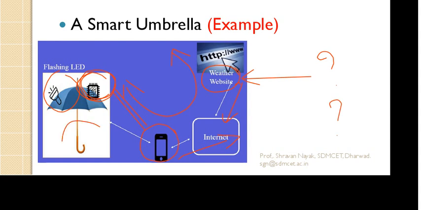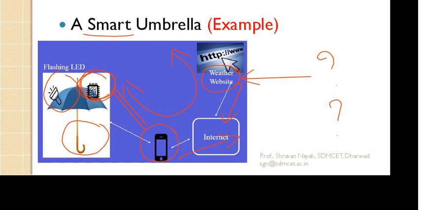So the information goes to the LED. If it is going to rain, you can make it glow with a red LED. If it is not going to rain, you can make it glow with the green LED, something like that, right? My intention here is not to appreciate the application, but what exactly is the meaning of a smart device? How do you make an umbrella smart? This is the basic intention behind